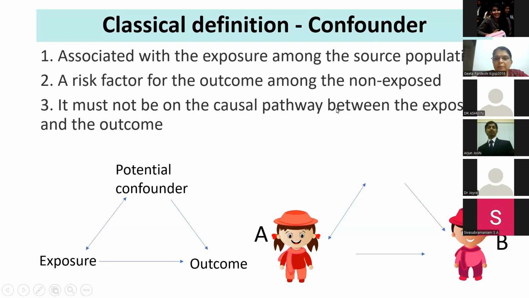So the variable of interest is, I'm repeating, associated with the exposure. It is an independent risk factor for the outcome, and it is not on the causal chain. That is, A causes B, but it causes it through the C, which is a